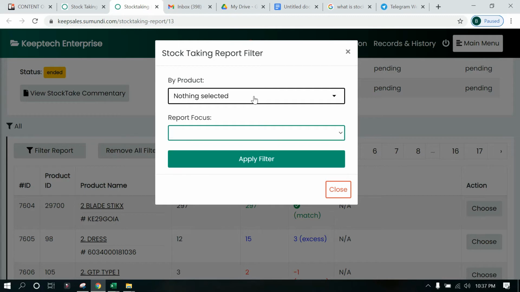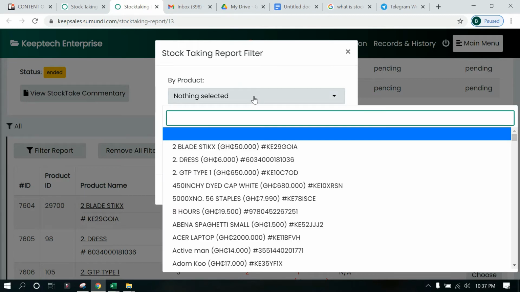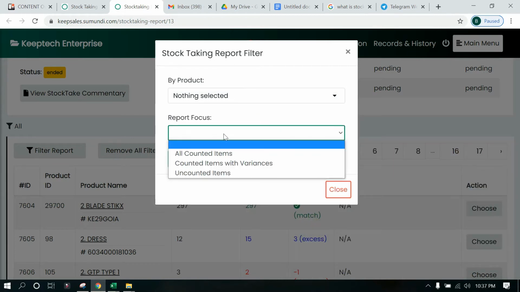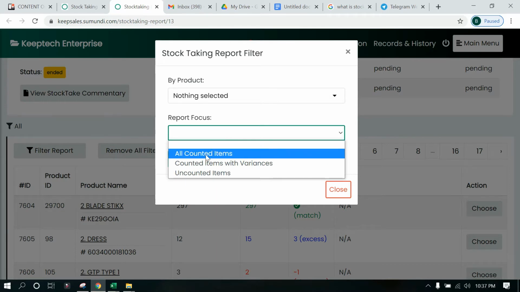So if you want to just look at a product, we just click on this and then type that particular product, and the results will narrow down to that particular product. But when we want to focus the report on these three, what do I mean by these three? If you want to focus our report on only all counted items,